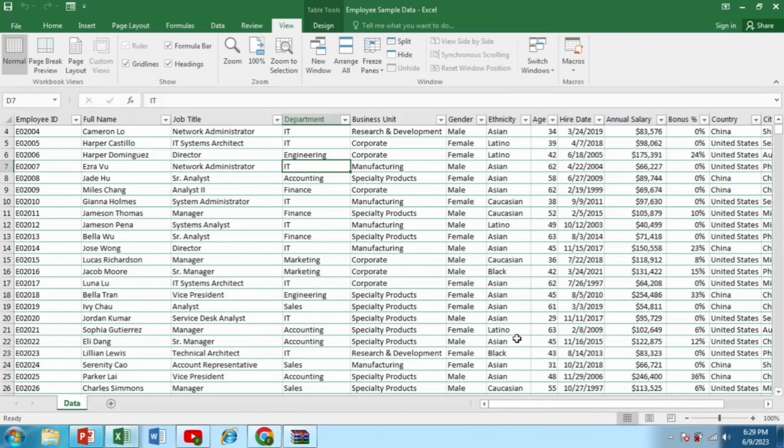Stay tuned as we take you through a step-by-step tutorial on how to effectively use the Freeze Panes option in